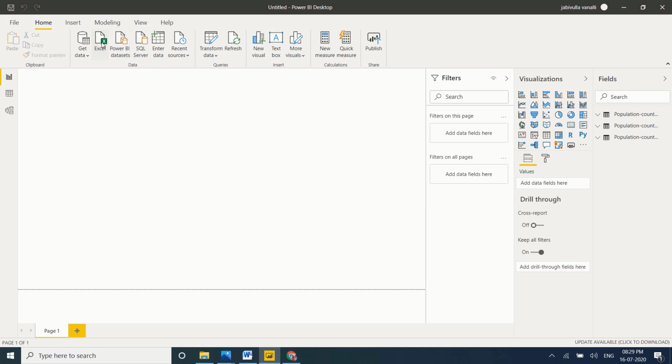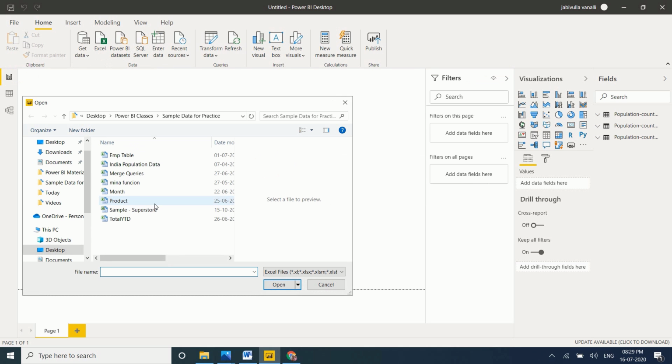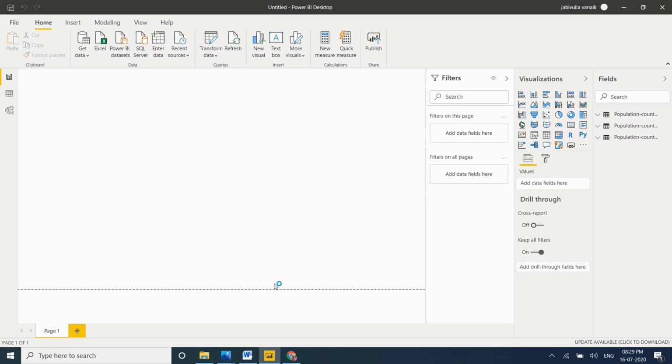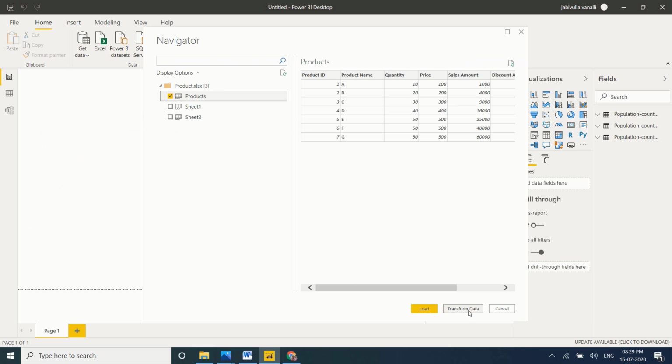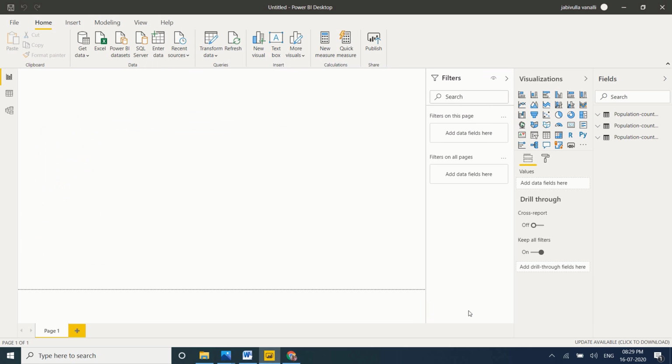Okay, now take product table, click on OK. Products, transform data.